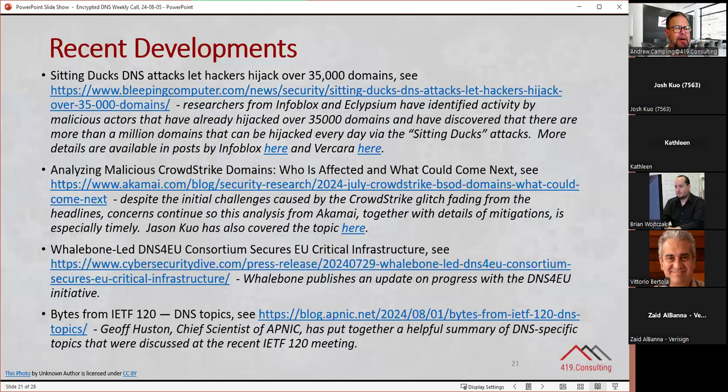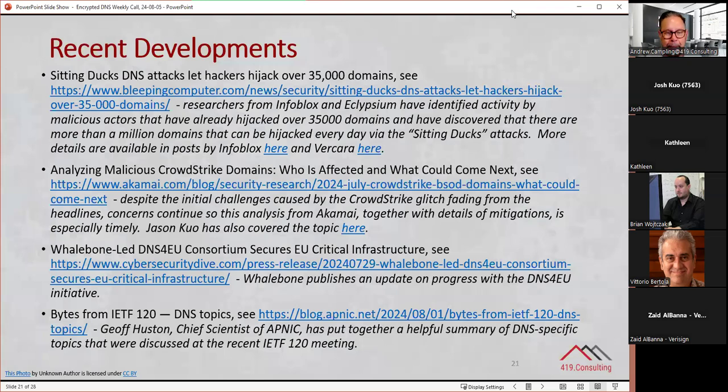There's also an update from Whalebone on the continuing progress with the DNS4EU initiative. That's the open resolver that's being part funded by the European Commission to get it established as an alternative to the open resolvers mainly, not exclusively, operated by US entities.